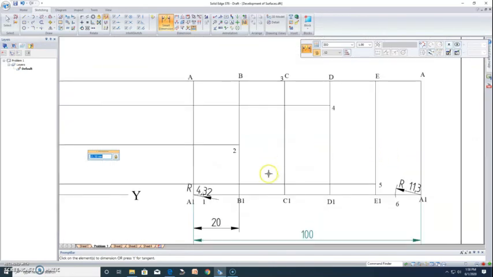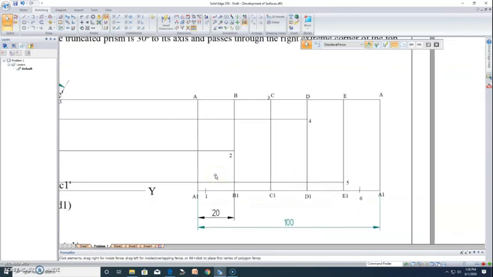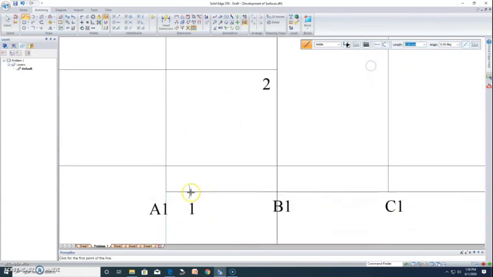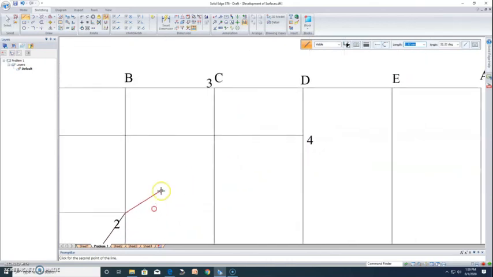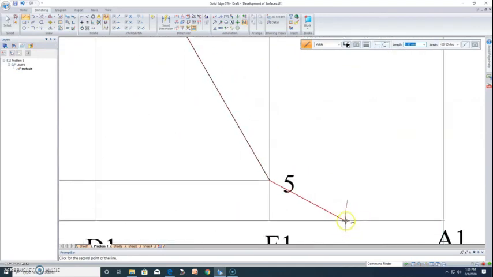So now the last step is to connect all the points. So initially I'll delete these things. Okay, I have to now join 1, 2, 3, 4, 5, 6 using straight lines. We have to use straight lines because it is a prism. So now we'll connect all these points, and the cut line should be dark. So I'll connect from this point to 2, 1, 2, then 3, 4, 5, and you have to connect to 6, not to A1.